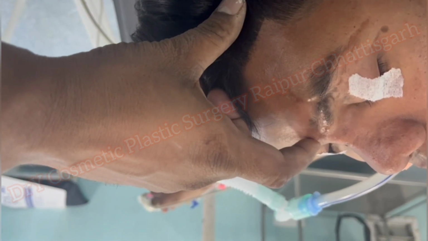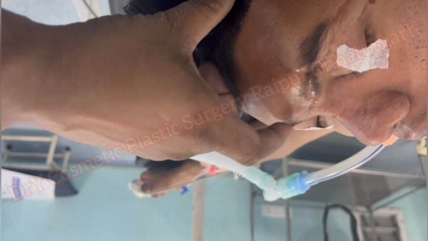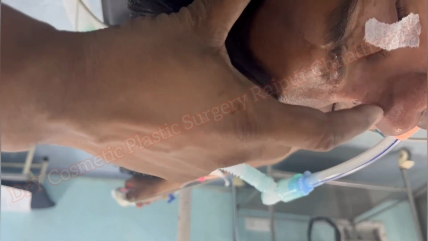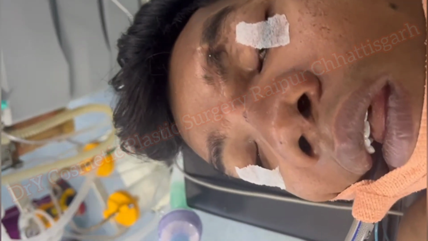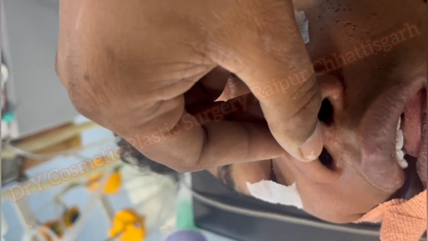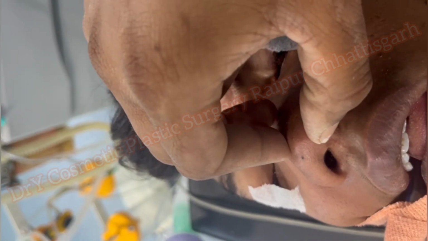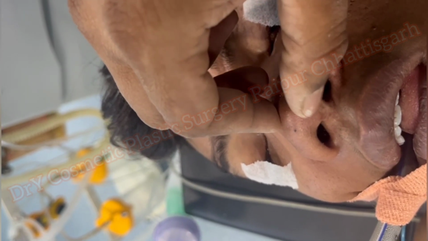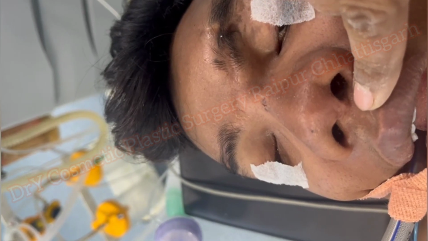So I will do a salvage of this cartilage with this incision, because this is the already existing incision. I will approach this area with this incision and go for the open rhinoplasty approach. This is the scar area. It is very difficult to redo in this case because the scar complication would happen again, and the cartilage where I am going to insert from this area is going to be exposed. This is a risky procedure again.